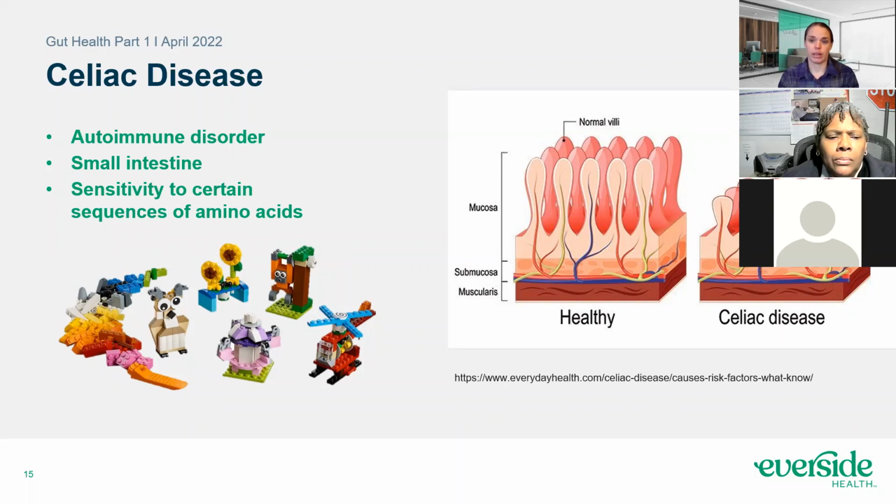So what happens with it is, if you remember these finger-like projections, these become dulled in celiac disease. And the reason being, in any autoimmune condition, the body reacts to a specific type of protein. You can think of proteins as kind of like little Lego structures. Proteins are made up of amino acids, and each amino acid is like one little Lego block. You put them all together, you get a specific Lego structure. Essentially with celiac disease, the Lego structure involved causes this dulling and causes the body to attack itself.